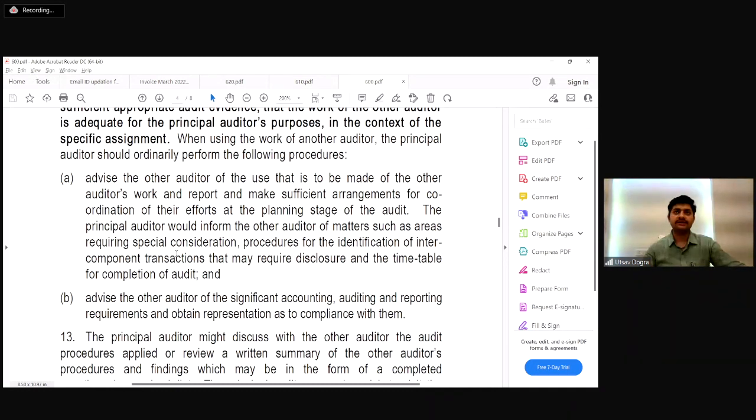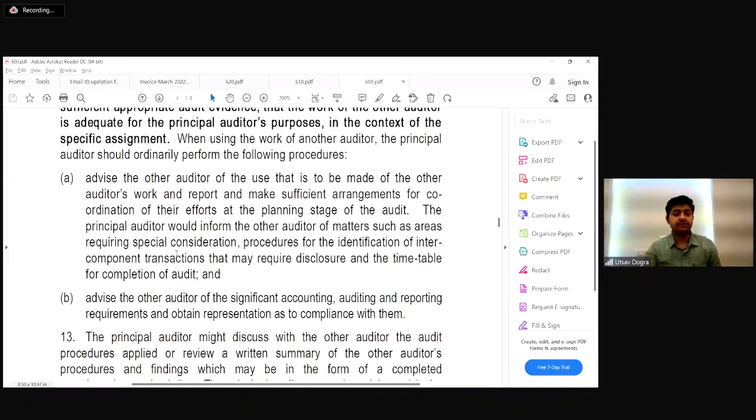Let's say the principal auditor has found some misstatement in relation to the stock when they verified it physically. The principal auditor can also communicate to the other auditor that when you are doing the audit of stock in particular, you must put in some extra effort towards getting the stock physically checked